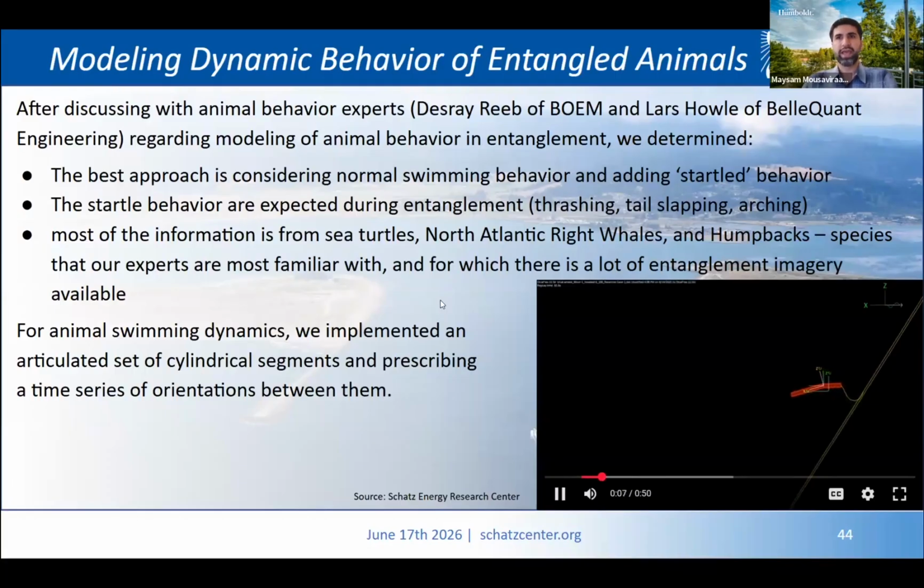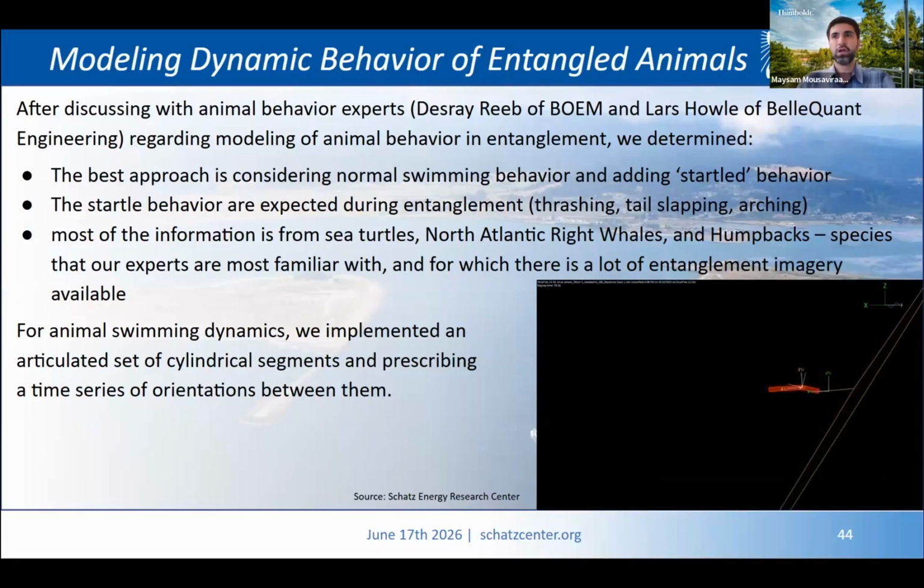So our initial animal representations were intentionally simplified, but we recognized the need to capture more realistic behaviors. To improve the models, we consulted with animal behavior experts, Desiree Reeve and Lars Howell, and incorporated both normal swimming and startle response behaviors. During an entanglement event, animals may thrash, tail slap, arch their bodies, or transition between different levels of exertion. Capturing these behaviors was important for representing the dynamic forces that may be generated during an